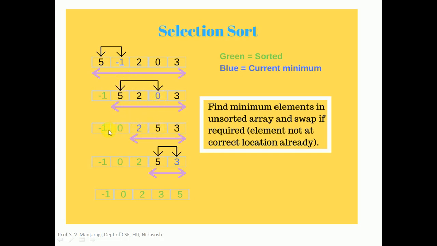These have been exchanged. Now -1 and 0 are already sorted, and the remaining elements of the array are 2, 5, 3. Among these three elements, find the smallest element. The smallest element is 2 here, and again no swapping is required because it is already at the right position. So leave it as it is, and consider the remaining elements of the array. It has 5 and 3. Among these two, the smallest element is 3, and swap 3 with 5, and after this we get 3 and 5, and all the elements will be sorted now: -1, 0, 2, 3, 5. These elements are sorted in ascending order. So this was the selection sort technique.